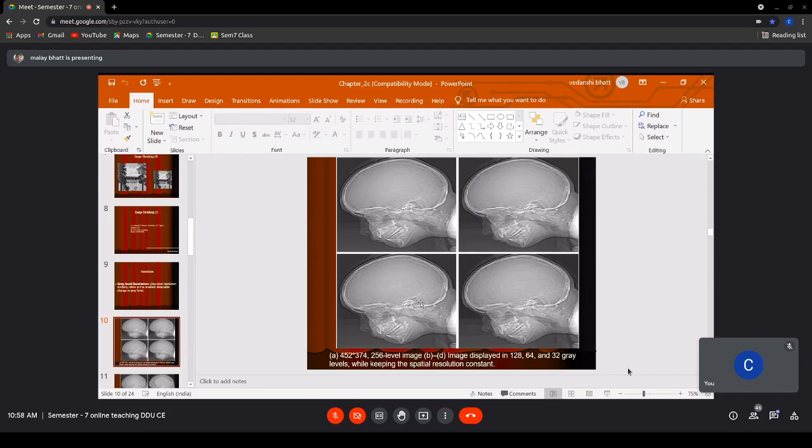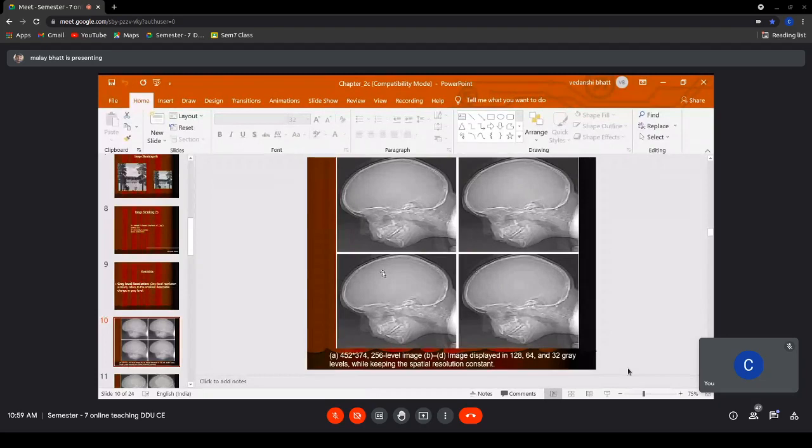Then from 128 we will go to 64 gray levels, but we are keeping the spatial resolution constant. So the image size in terms of pixels, the number of rows and columns, is the same. But the number of bits required to represent an individual pixel will be reduced. So the overall size will be affected. It is m cross n cross 2 raised to k, if you recall the previous lecture.